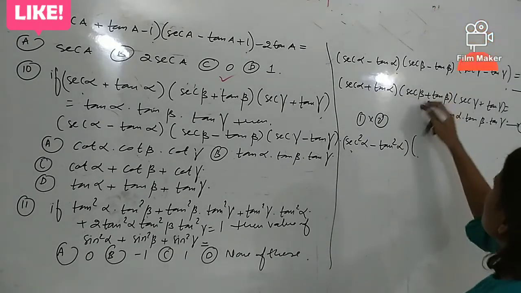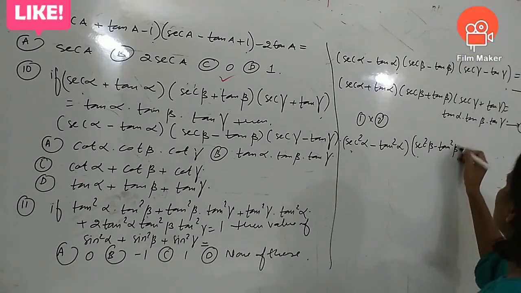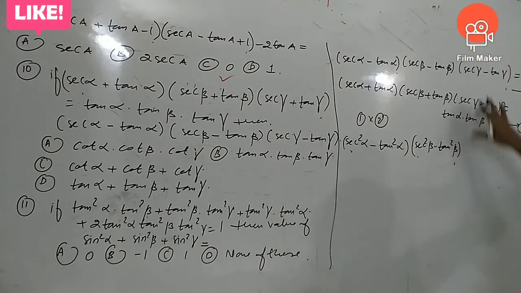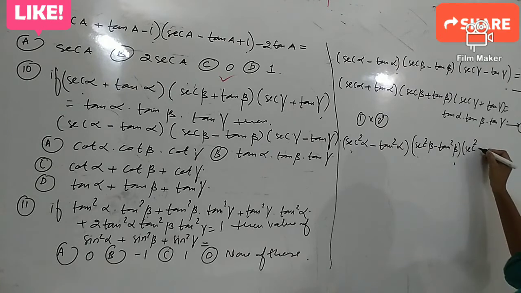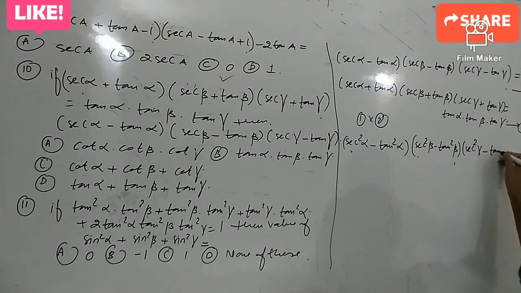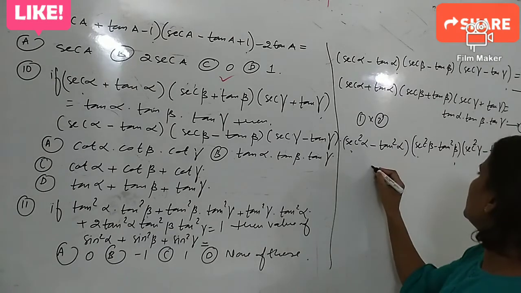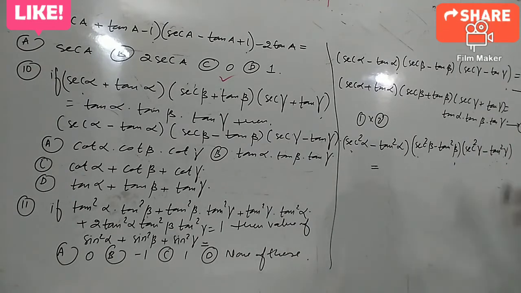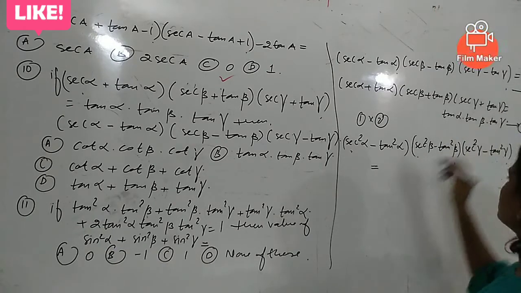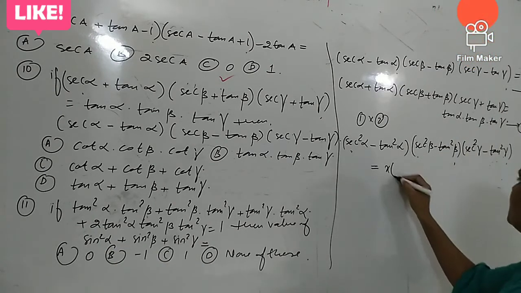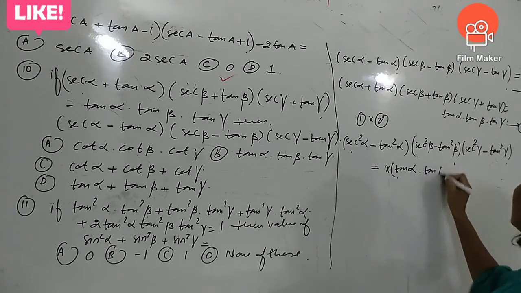Similarly, the product of these two brackets gives sec square beta minus tan square beta, and the product of the next brackets is sec square gamma minus tan square gamma. So this is the product of the left hand sides, and the product of the right hand sides is x into tan alpha into tan beta